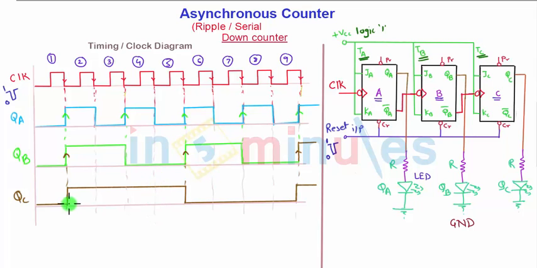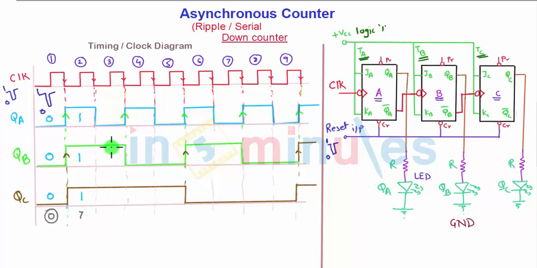Now if you observe carefully, for the very first clock cycle the reset pulse is applied in between, so you can also draw the reset pulse inside here. Likewise, this is 1, this is 0, this is the reset pulse. Therefore this output will be 0, 0, 0, and the state will be 0 here. And for the very next clock cycle, that is the second clock cycle, what you see here is QA is 1, QB is also 1, QC is also 1, and the state number is 7.